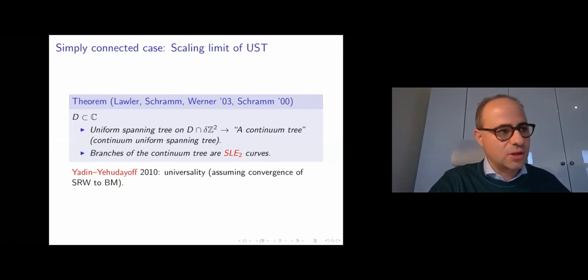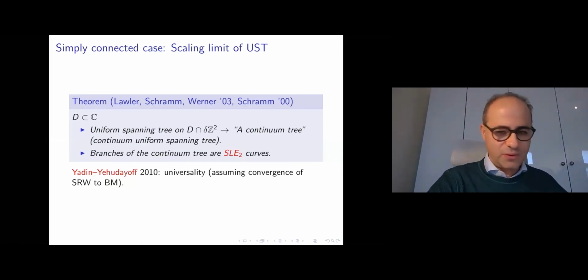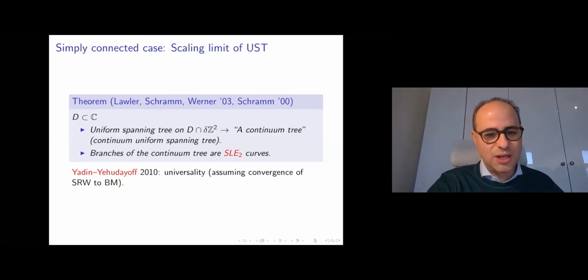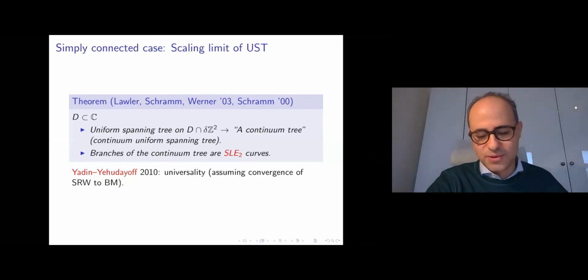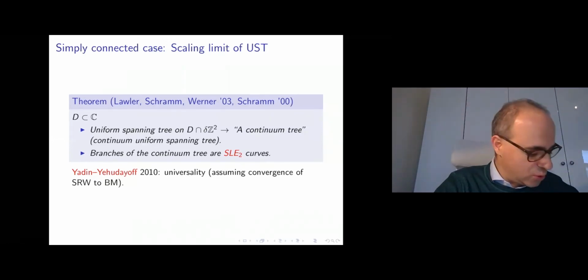And because there's this Wilson's algorithm somehow in the background that is a wonderful way of describing the uniform spanning tree, we know that branches of the uniform spanning tree correspond to loop-erased random walks, and loop-erased random walks converge in the scaling limit to SLE2 curves. So if you combine this with the result of Lawler, Schramm, and Werner, a very famous result, and Schramm's original SLE paper,